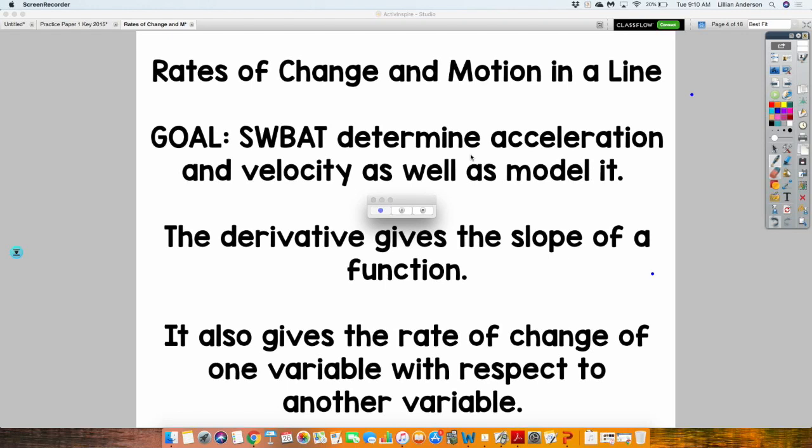All right, so today we're talking about rates of change and motion in a line. You guys are going to be able to determine acceleration as well as velocity and how to model it as well. Okay, so let's just review real quick. The derivative basically tells us the